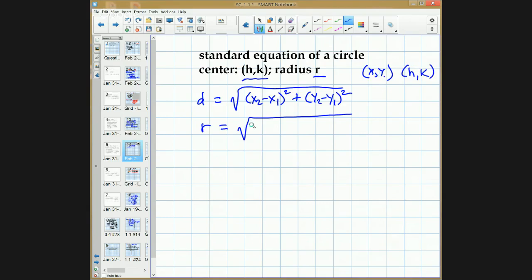So really, it's the same thing. It's just that we're using these instead of X2, Y2, and X1, Y1. So now this becomes